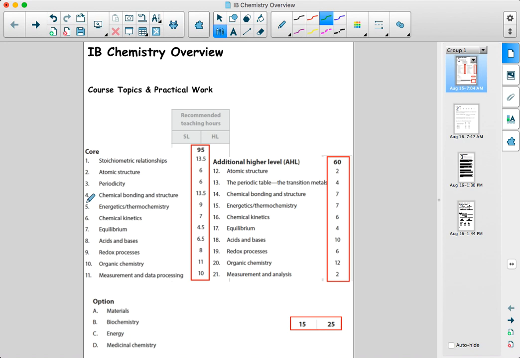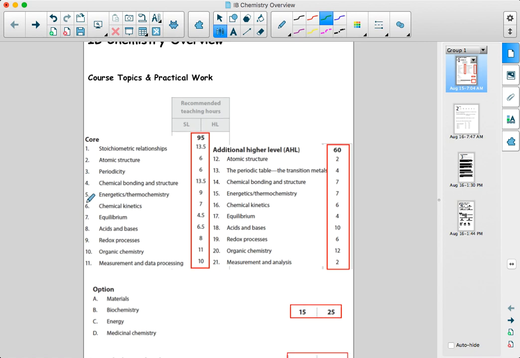Hello, everyone. This video is designed to hopefully help answer any questions you might have about where you're going to get your IB score from for the DP chemistry course. So obviously there's both SL and HL DP chemistry. And so I've broken down here from the IB syllabus the differences between those two courses in terms of the